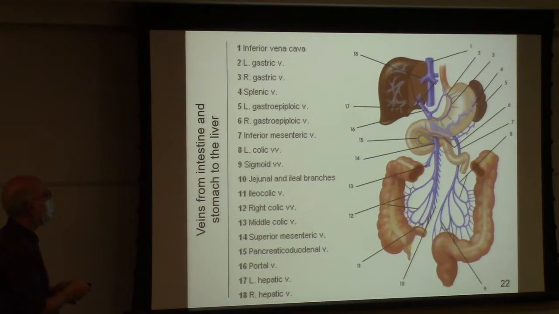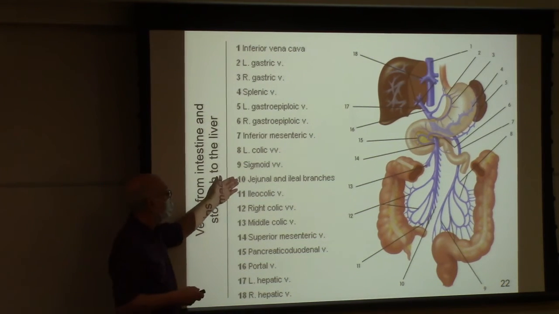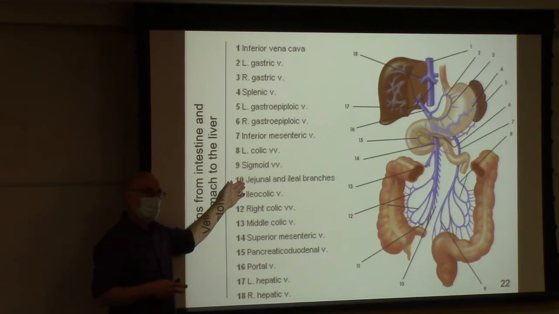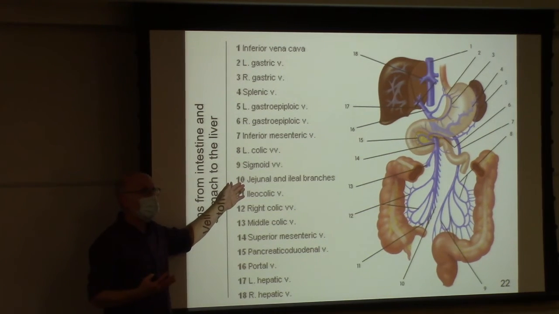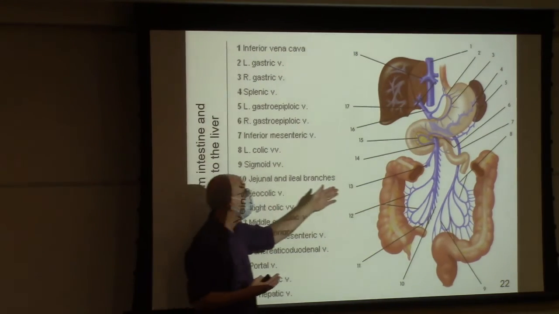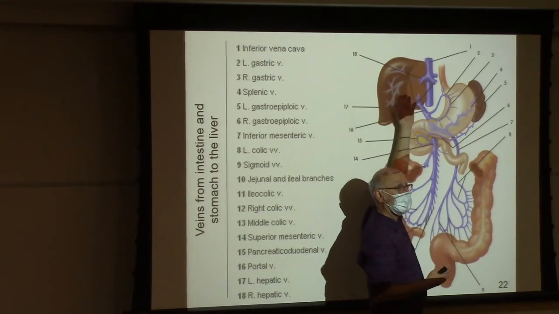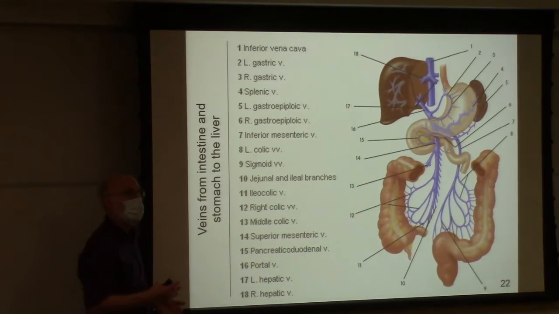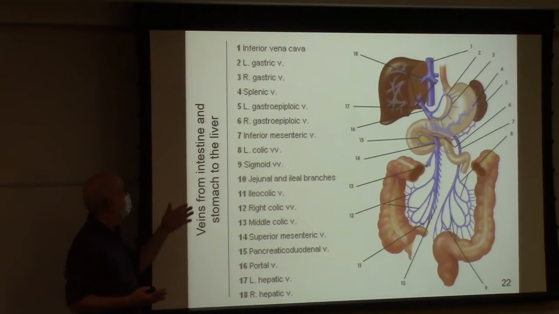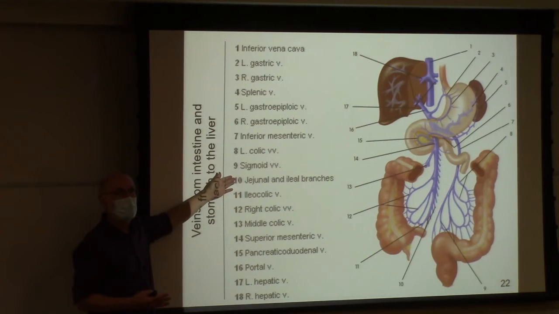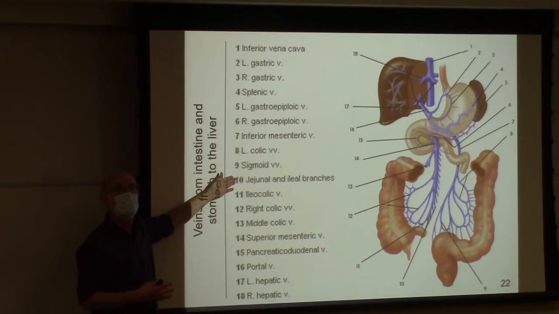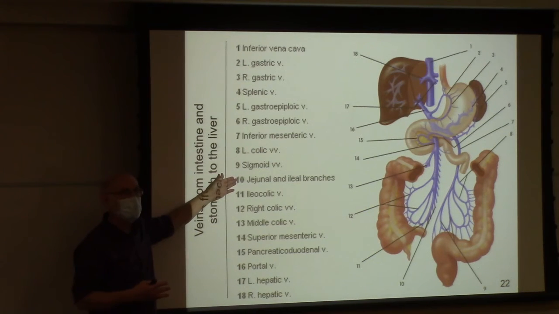Sigmoid, no. Jejunal and ileal, same idea as the arteries. The veins, these are important, right? These are the veins that are taking nutrients from the small intestine, which is where a lot of the digestion happens, and taking it to the venous circulation to the liver. They're critical. But if you know the names of the arteries, you know the names of the veins. So don't cross this one off. It's just easy. This is what I'm saying. You might say nothing's easy,